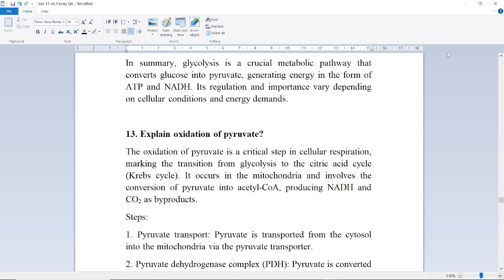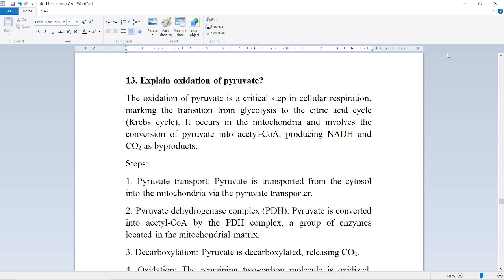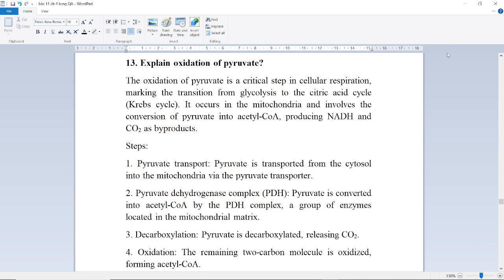In summary, glycolysis is a crucial metabolic pathway that converts glucose into pyruvate, generating energy in the form of ATP and NADH. Its regulation and importance vary depending on cellular conditions and energy demands. Next question is question number 13. Explain oxidation of pyruvate. The oxidation of pyruvate is a critical step in cellular respiration, making the transition from glycolysis to